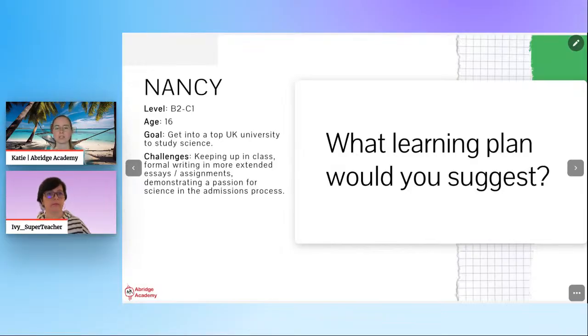But she was really struggling with keeping up with the teacher in lessons because the teacher is going kind of at my pace, 100 miles an hour. And she was struggling with that kind of reading and listening and comprehension. Also, the sort of formal writing that you have to do in school, writing essays and doing sort of school assignments and things. And then she was worried about when she's applying to study abroad, demonstrating that she really loves